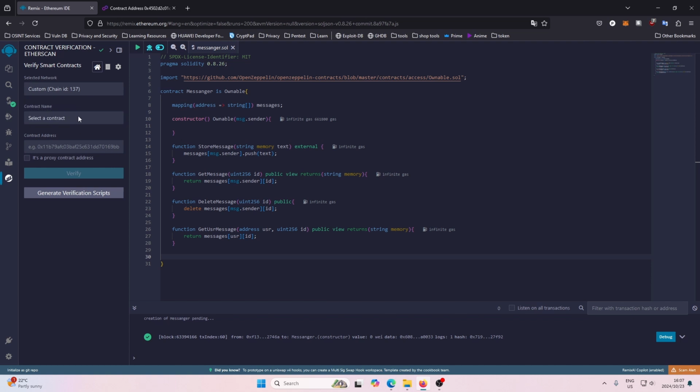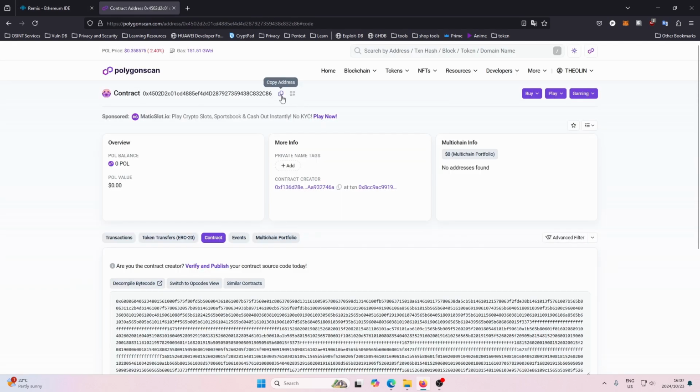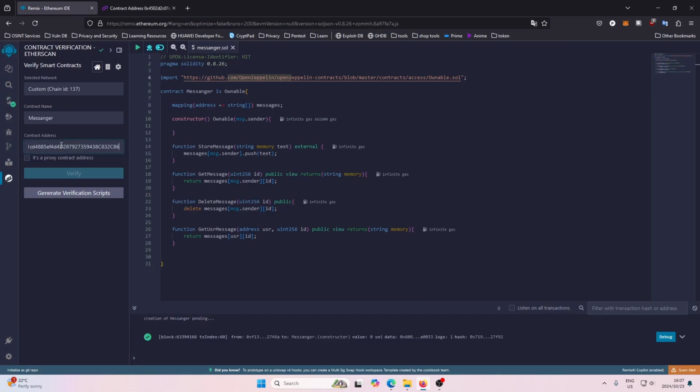So to do this, you just select the contract name, and it's going to pick from one of the contracts that's opened here. So we want the messenger contract. These other two contracts here are the stuff we're importing, but for us we just want to verify the messenger contract. And now it wants the contract address, so we copy it from the block explorer and we paste it in here, and now we should see this verify button here, so we click on that and it should say